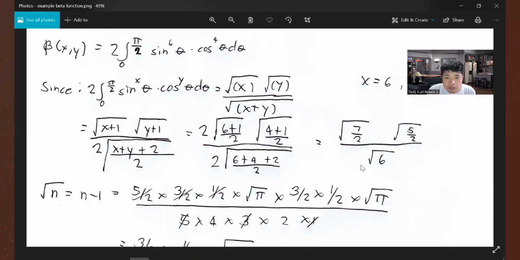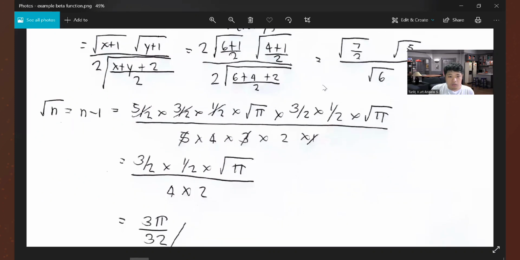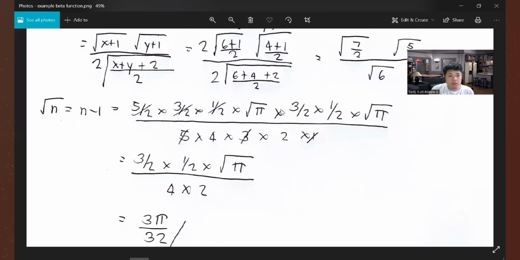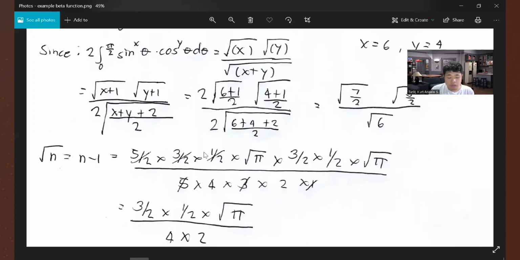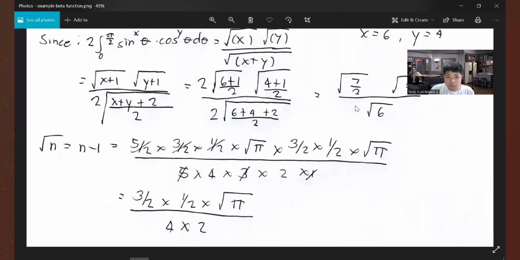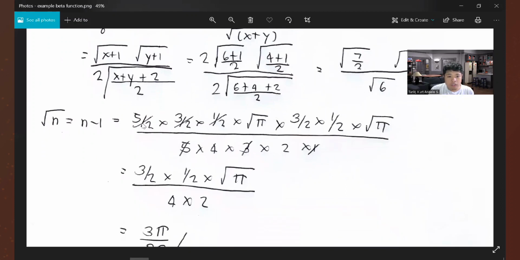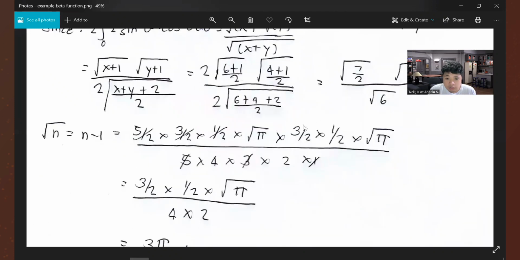And in this one, gamma of 6 will now be a factorial using this formula, gamma of n is equal to (n minus 1) factorial. So we will now expand 7 over 2 and 5 over 2. I already expanded it out. It is equal to 5 over 2 times 3 over 2 times 1 over 2 times gamma of one half, which is root pi, for the 7 over 2, and for the 5 over 2,